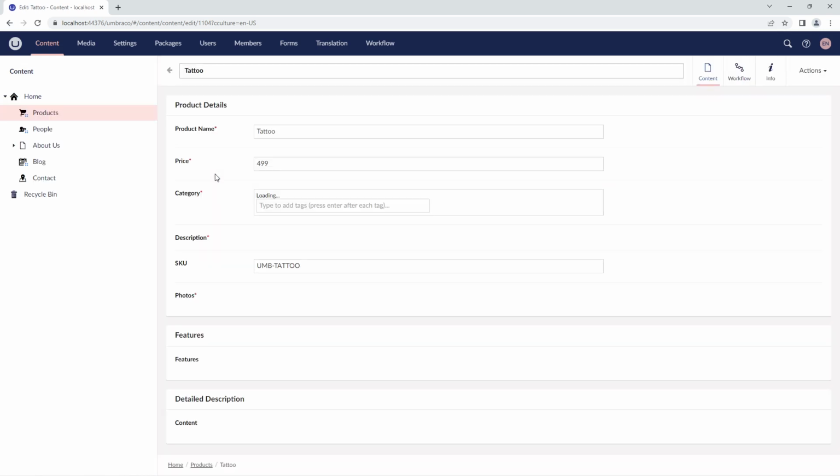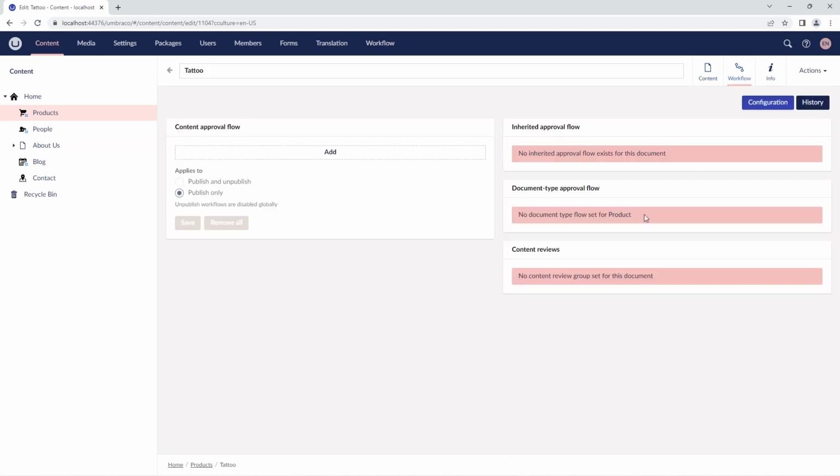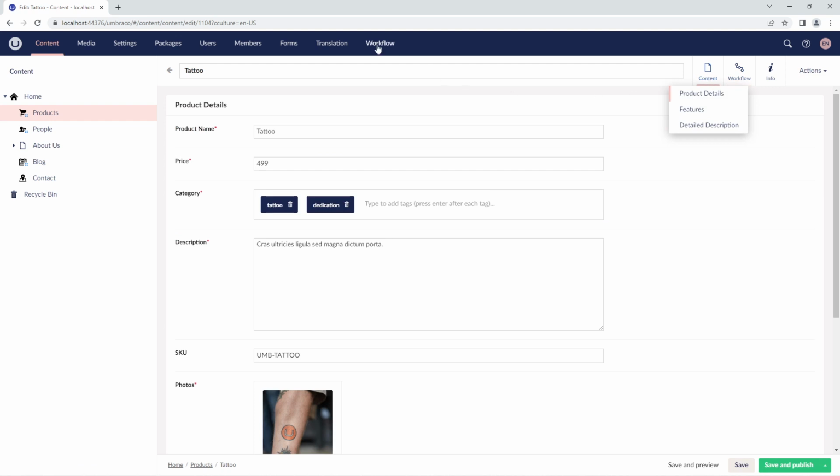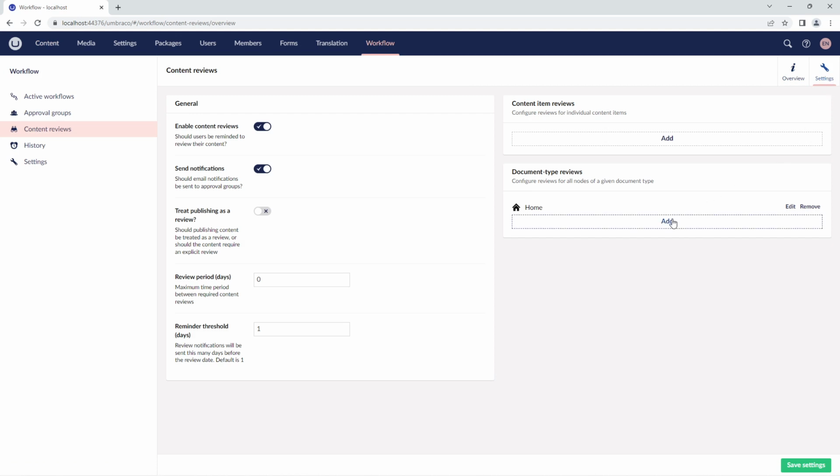If we click on a content node, it takes us to the content node in the content section. Here, you can see the content review banner only if you're a user assigned as a reviewer to the node. Since we can't see the review banner here, let's go to the Workflow Content App tab. As we can see, there are no approval groups configured for the content review section. It's important to note that the content review permissions set at the node or document type level take precedence over any existing workflow permissions. So let's add an approving group to the nodes of this document type.